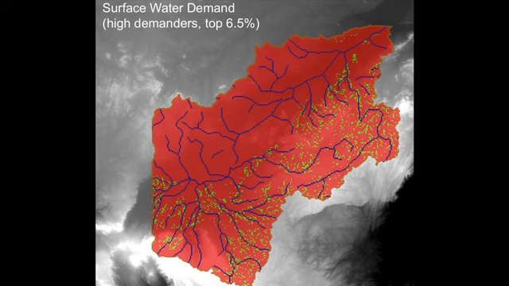Oh yeah, sure. For lot use, we just follow the high frequency number, the population. Yeah, so we think this is accurate. We're just showing the real high demanders here in this 0.5%. There are many more water demanders in the landscape, but we're carving out the real high ones.